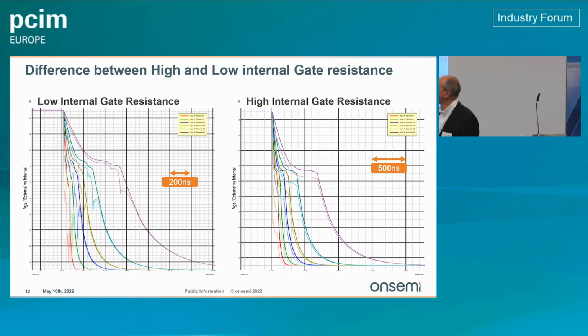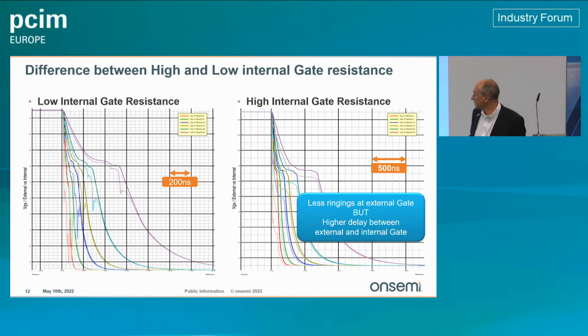So this is another way to see the waveform from different low internal RG on the silicon carbide and high internal RG. Obviously, the high internal RG is more damped, and you see less ringing, and also less difference in terms of threshold and delay. Here, be careful, it's not the same time scale. Even if here it appears the same, the time scale is 2.5 times more. So here I cover less ringing with the high internal RG.